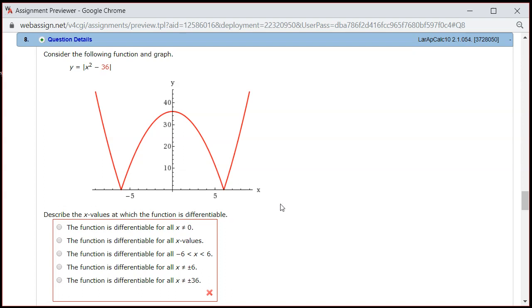Differentiable just means that you can find a derivative, which means that you can find the slope of the tangent line. So if it's differentiable, we should be able to find the slope of the tangent line, right? If you look at, for example, a point like this, if you have a sharp corner like that or a cusp like that, then you can see that we're going to